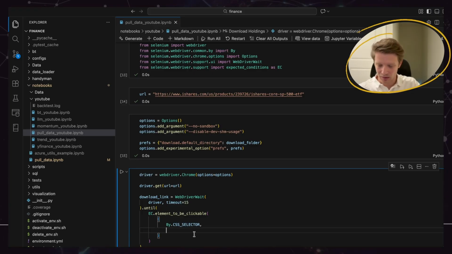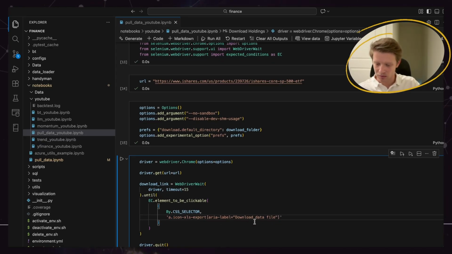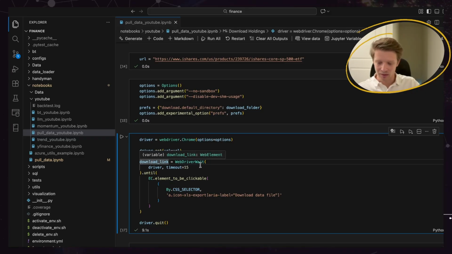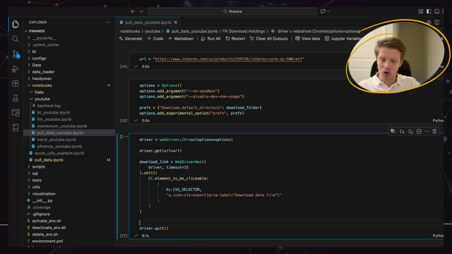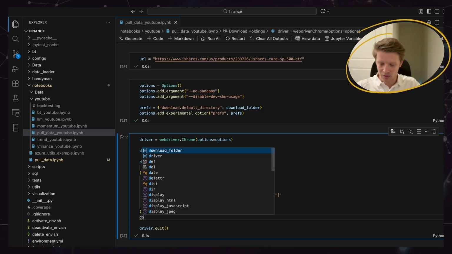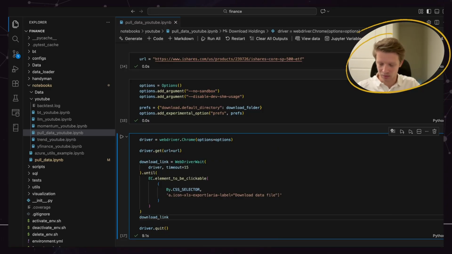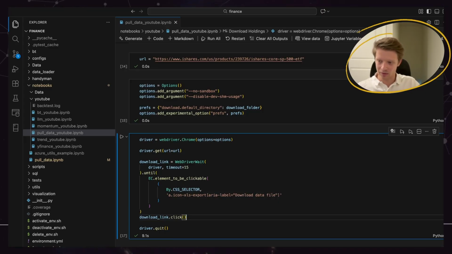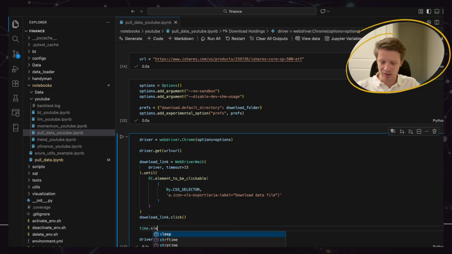It is the icon-xls-export, and we're going to specify the download data file label that we checked before. And that's already it. So we basically specified our driver, we set our download link and say wait until this element is clickable, and now all we really have to do is just click it. So if we say download_link.click,